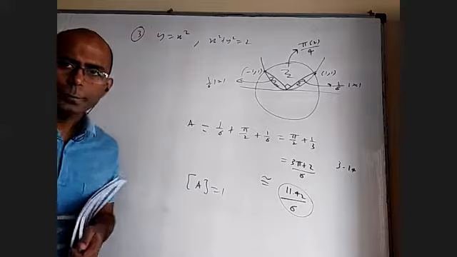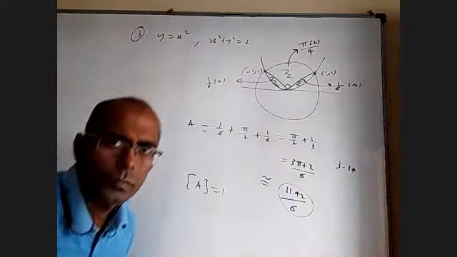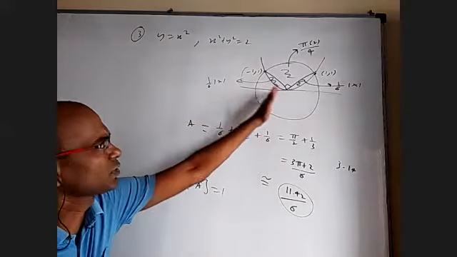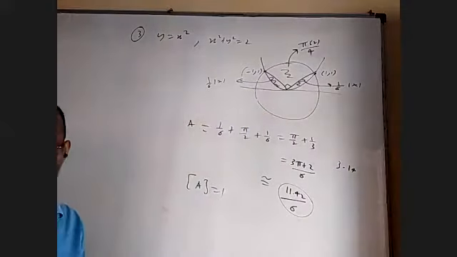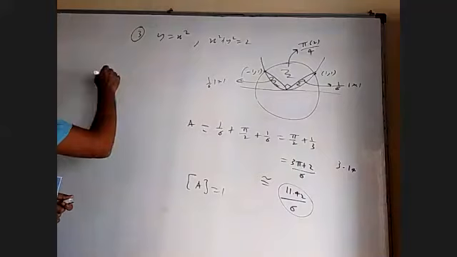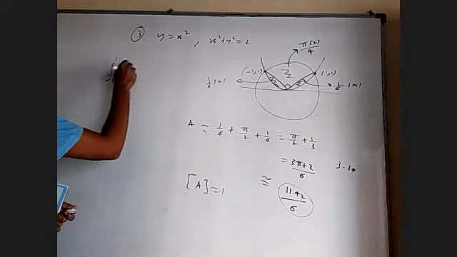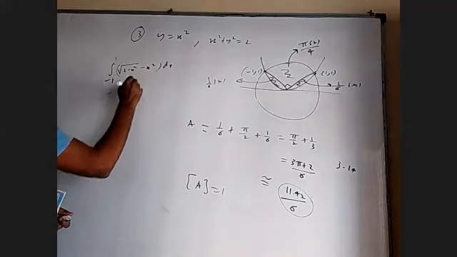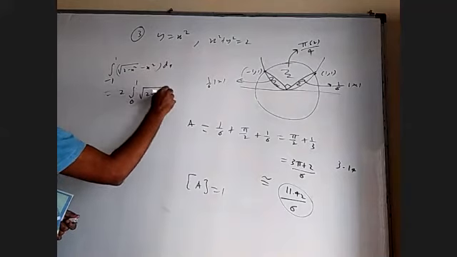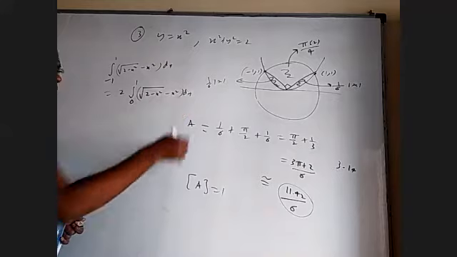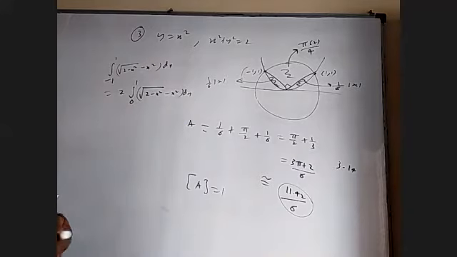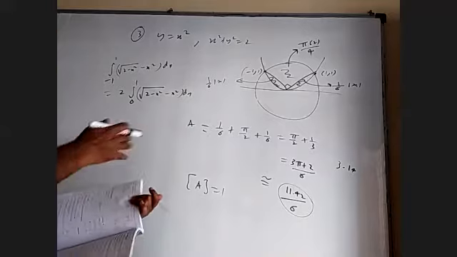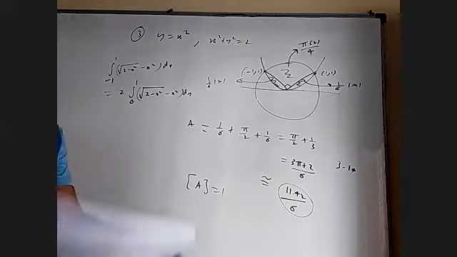Is it all right? Third one? Okay. Somebody wants to do integration, you can do integral minus 1 to 1, upper curve minus lower curve, we'll do it, we'll get it. Not a problem. Somebody wants, you can write integral minus 1 to 1, square root of 2 minus x square, minus x square dx, which is 2 times integral 0 to 1, square root of 2 minus x square dx. Simplify that, you will get the same answer. Okay, those who completed, please try reading the fifth question and try to understand.